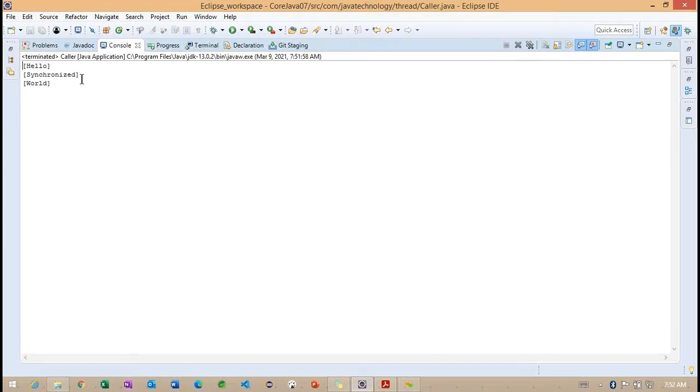So observe the same output we are getting here. Synchronized is between the block of code and method level, so we can restrict the multiple threads. So what will happen here? Basically, how many threads do we have?